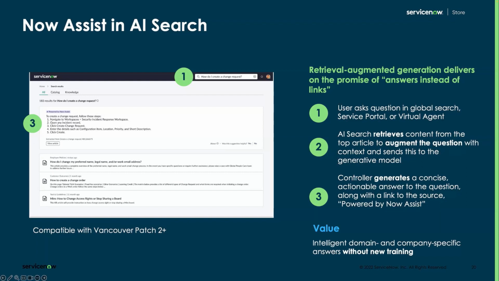So it's using that vetted KB article to focus the response of the generative AI model on that content specifically. And that also essentially allows us to generate domain and company specific answers without actually having to retrain that model,